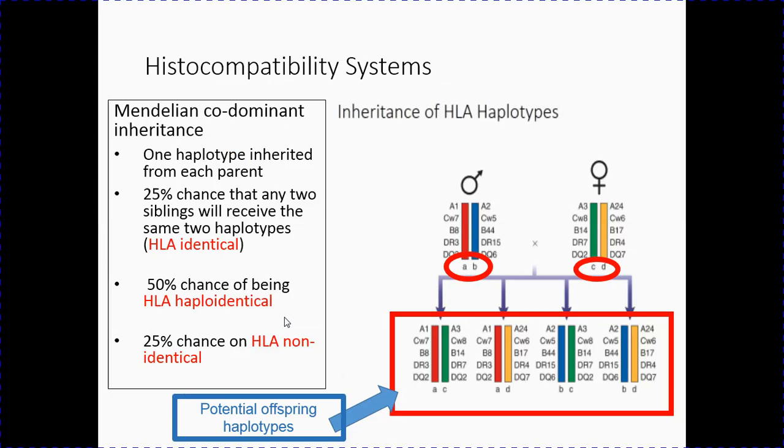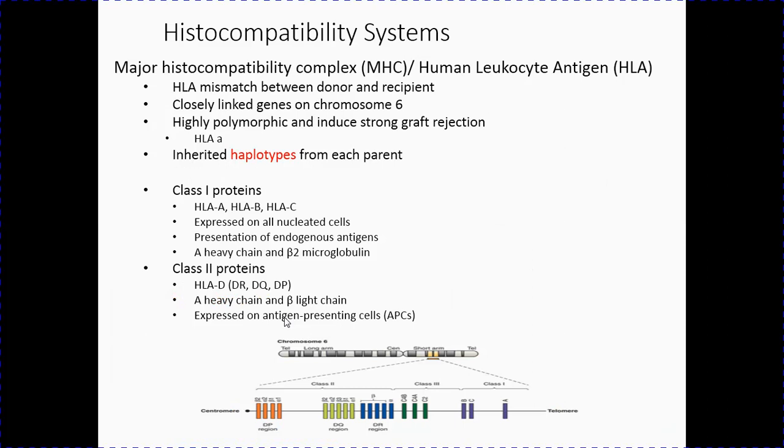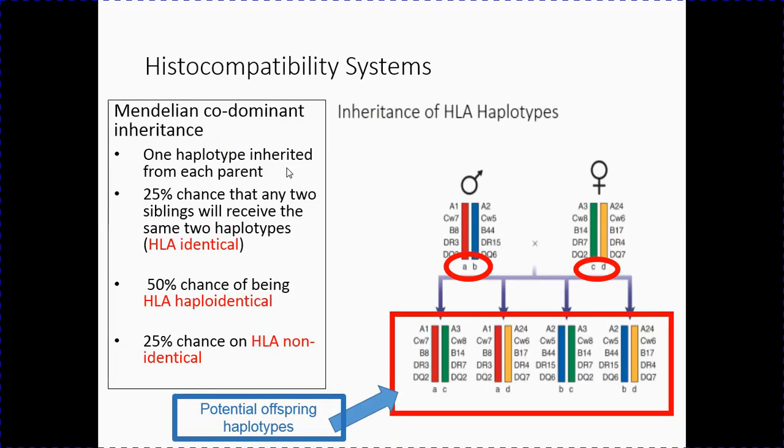As I said, it's important for us to remember that this inheritance from each parent of the genetic material that makes up the major histocompatibility complex, the haplotypes, the genetic variation that results, comes from each parent. And so we're going to take a second to look at the Mendelian codominant inheritance patterns of HLA haplotypes. This is important because